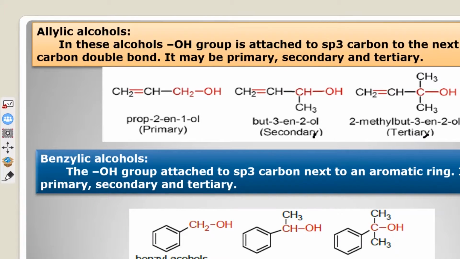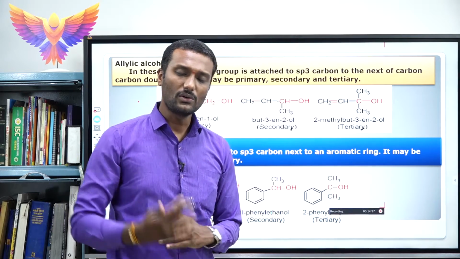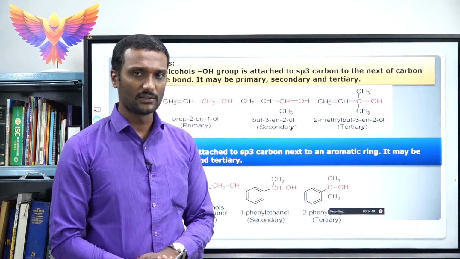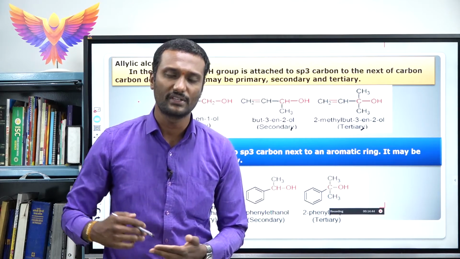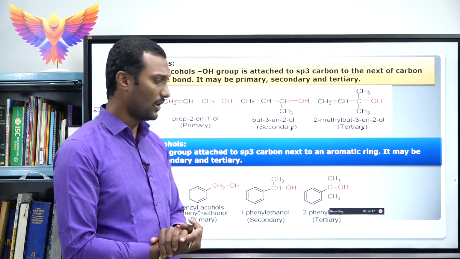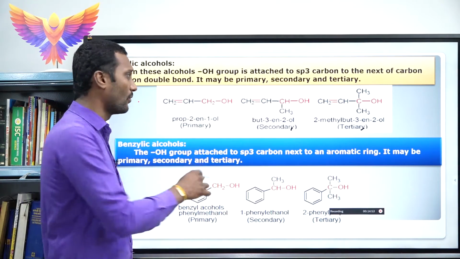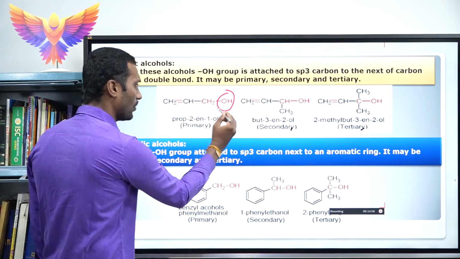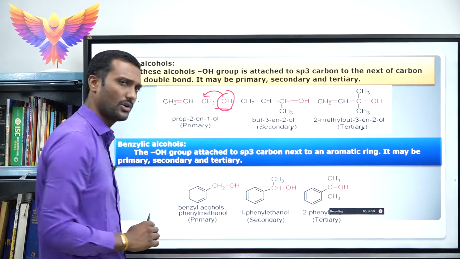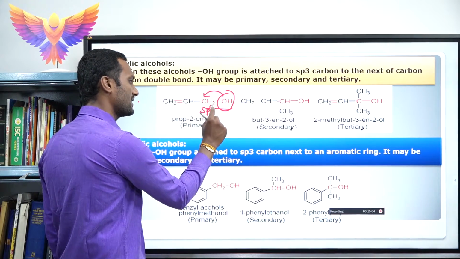Yes, students. Here I have shown on the screen some examples of how an alcohol is classified, on the basis of hybridization, the number of carbon atoms, and the number of OH groups. Now on the basis of different hybridization and how an OH group is attached. We can observe an OH group is attached directly to the carbon atom. No doubt, if the OH group is attached directly to the carbon atom, it is called sp3